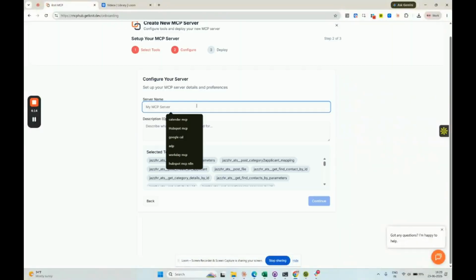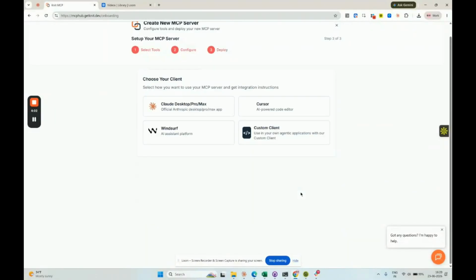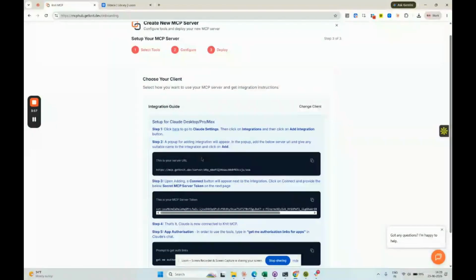I'll go ahead and name it JazzHR MCP server. You can also give a description if you would like. Click on continue. And this packages the server with all its tools. Now here I'll select Claude. Now what I need to use is this MCP server URL that is generated, and I need to put this in my Claude instance. So just copy this,